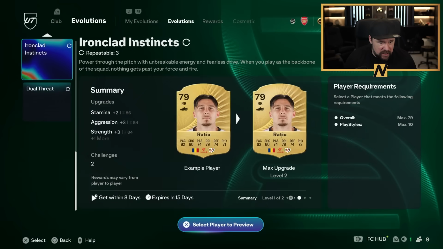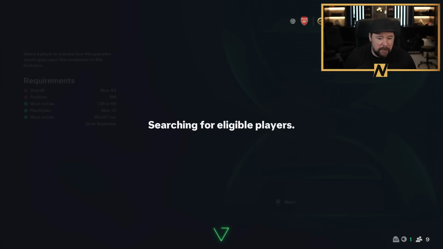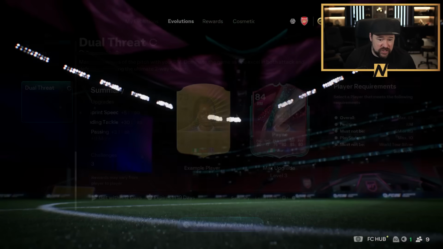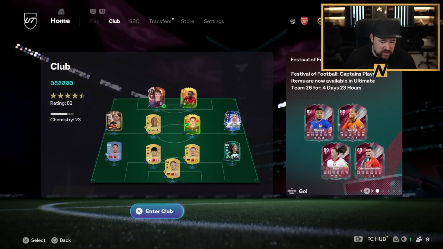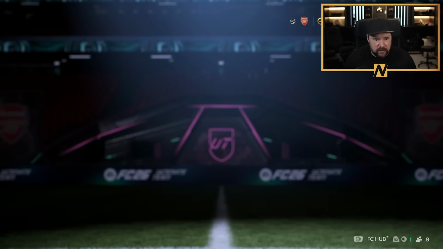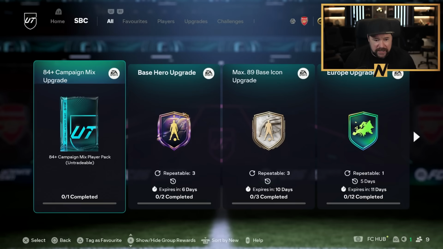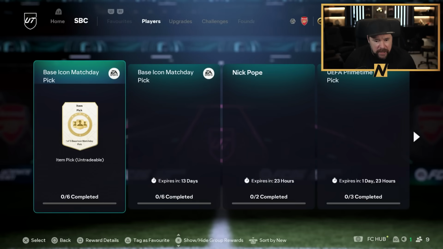And then the Dual Threat. I know there's some anomaly players that fit into here that look quite good. But that, for me, is another one that I just think is a terrible evolution that I don't even think improves players. For me, guys, that evolution is pretty poor. A lot of people are showing Theo Hernandez cards on there. But anyway, for players today,